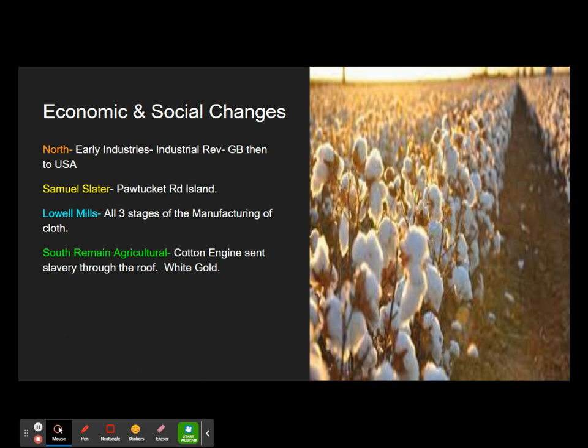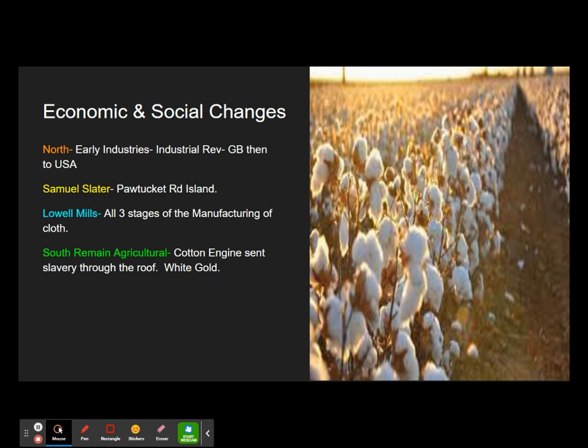And so he's going to sneak out of England in disguise. He's going to sail across the Atlantic Ocean, called the Pond, right? And he's going to land in Pawtucket, Rhode Island. Okay, so in Pawtucket, Rhode Island, he sets up the very first mill. Okay, all right, so that was in Pawtucket. Look, we know that there's three stages in the manufacturing of cloth, right? Samuel Slater's factory only did one. It was like a cotton mill, right? You take the world's most important fiber, which is cotton, and you spin that into thread.